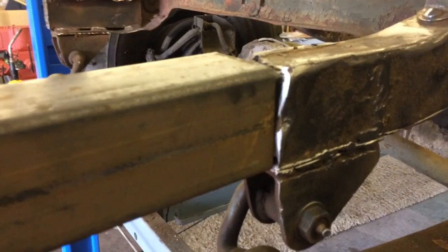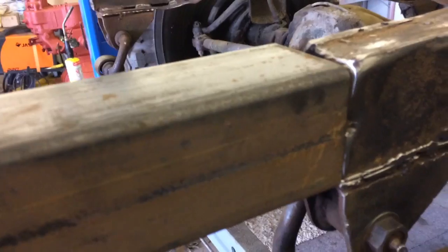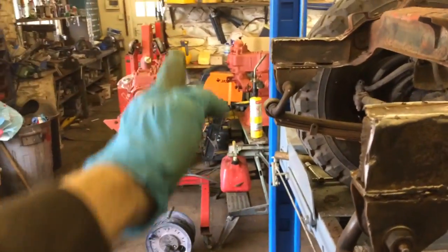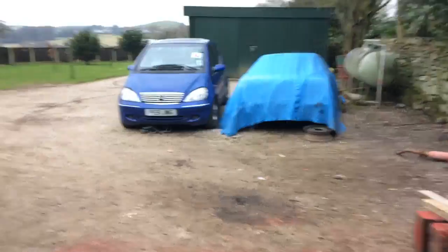Now both off and cut, everything's off. And basically what I have to do now is get some box section, which is the right measurement, you see. Mark it, cut it down there, and then cut it there. Cut maybe two pieces of 4-inch, tack weld them, then measure with a level that they're both level. Then I'll have to